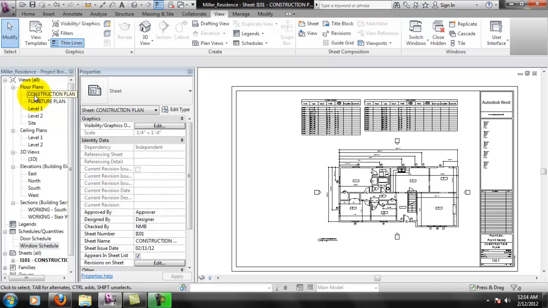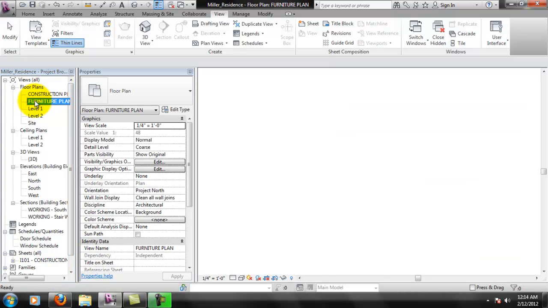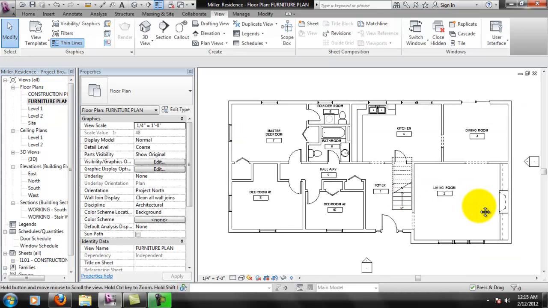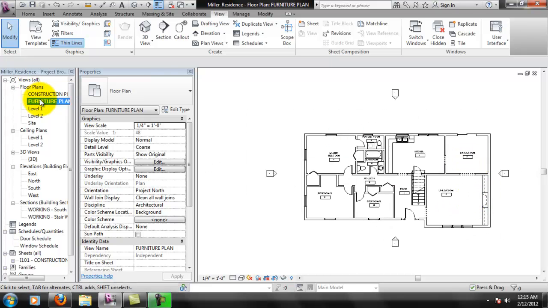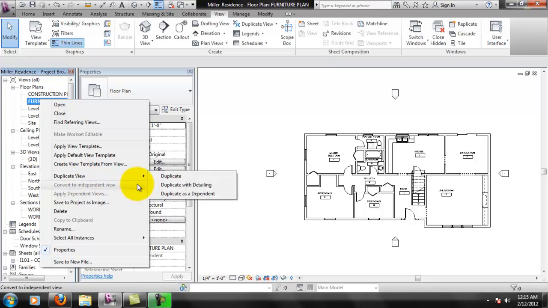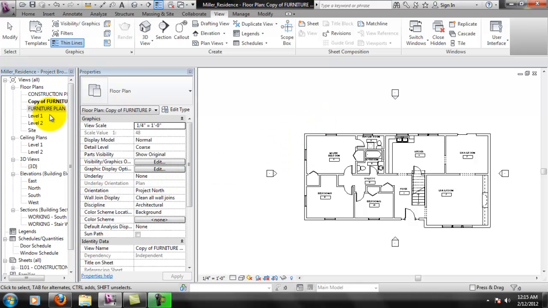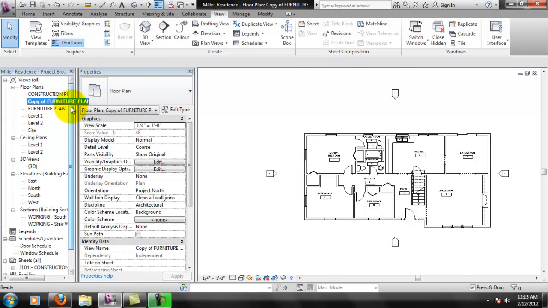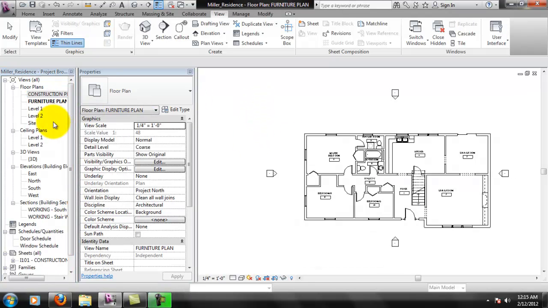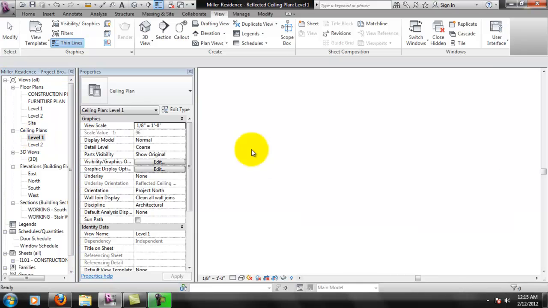Now, let's go back to our furniture plan here. And I'm going to duplicate this. Actually, I'm going to delete that. When I go to my ceiling plane here on the first level and look at this,